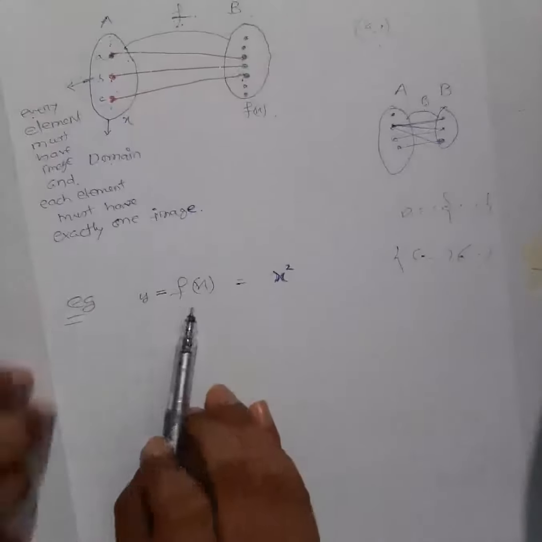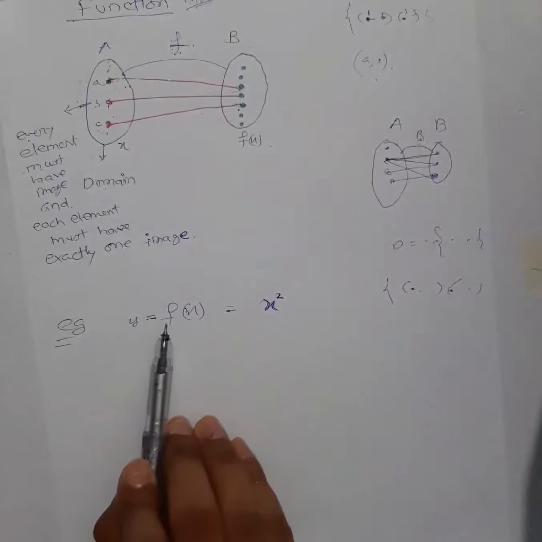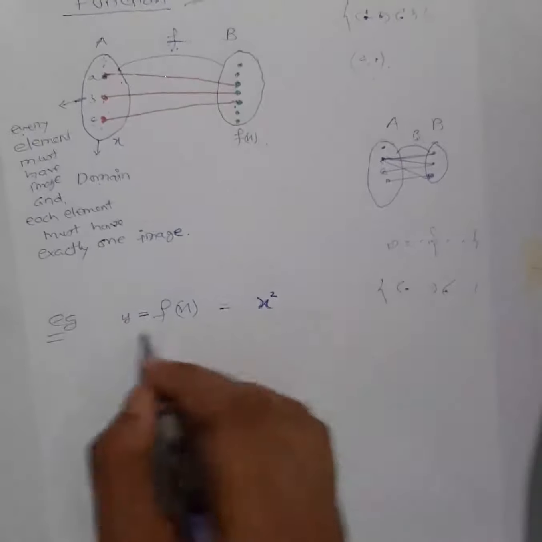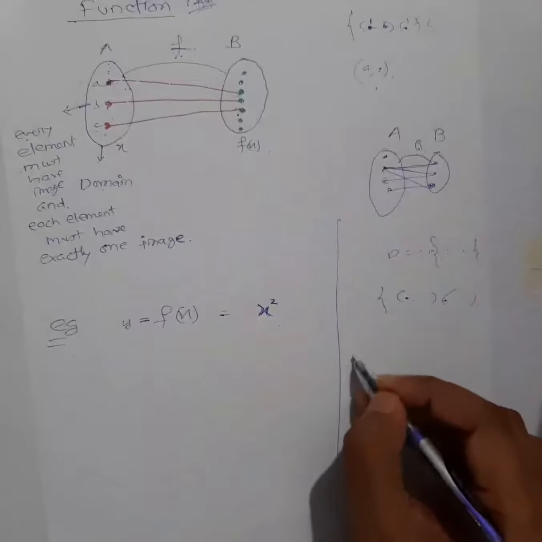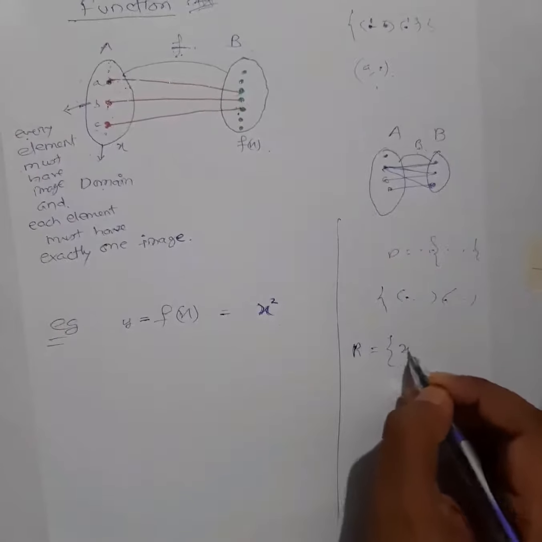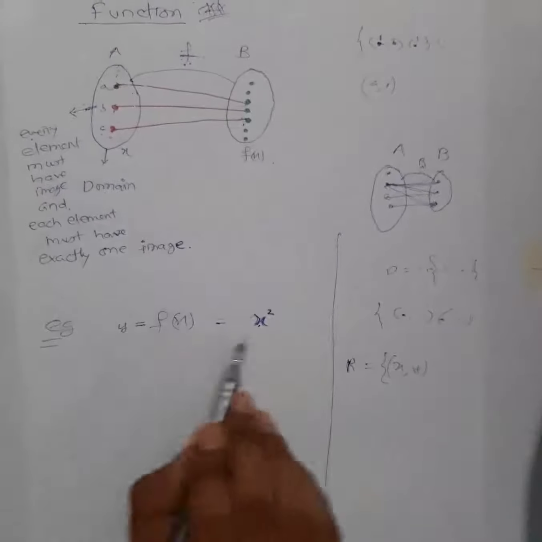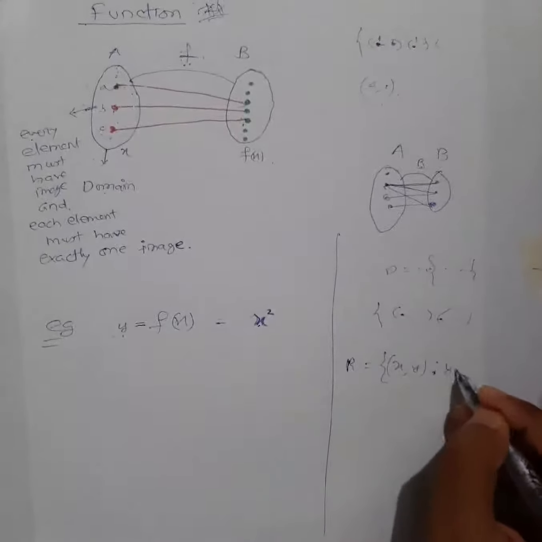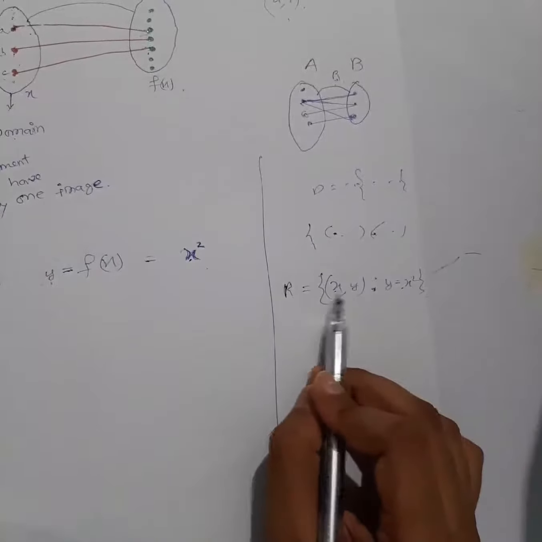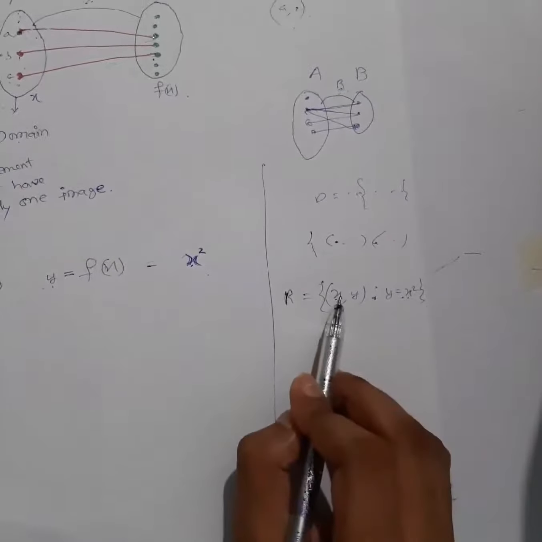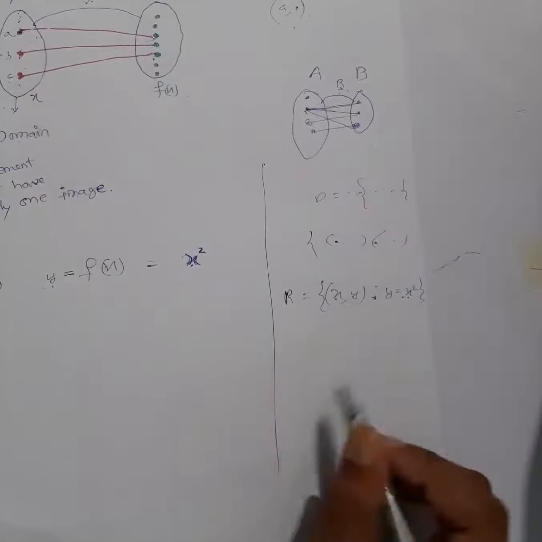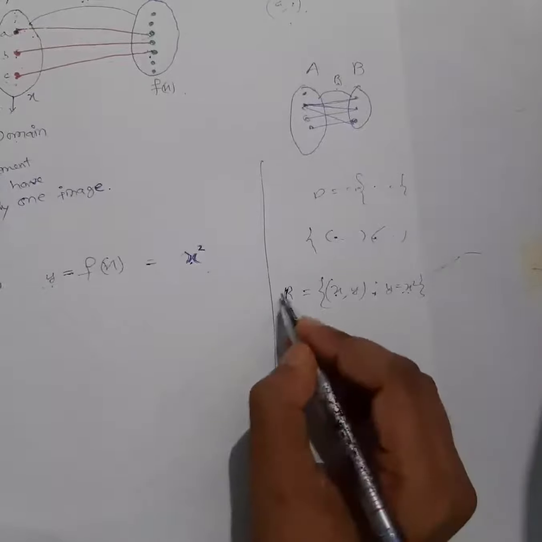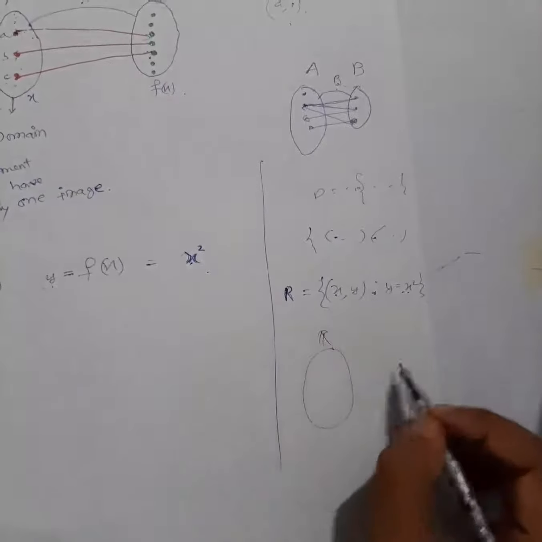For example, if I ask you, suppose this is a function I have defined. Okay, we have done this one. This is a relation. If I have to write this down in set builder form, how will I write it? (x, y) such that x and y are related, where y is equal to x squared. Okay, now I'm not telling you which set x has to be taken from. So whenever nothing is mentioned, we understand that x is from the set of real numbers. This is the relation symbol. Okay, this is the set of real numbers.